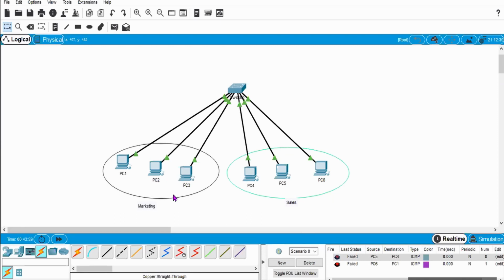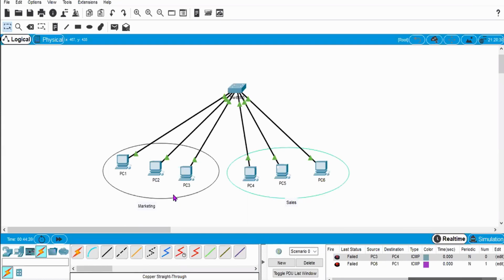If I want that type of configuration, what I will do, the first thing is I need to create a virtual network for the marketing department separately and the sales department separately, the same thing we have done in the previous lab also. The main advantage of doing subnetting is we need not remember other network addresses also. Whatever we design will use a single network address, that is 192.168.10.